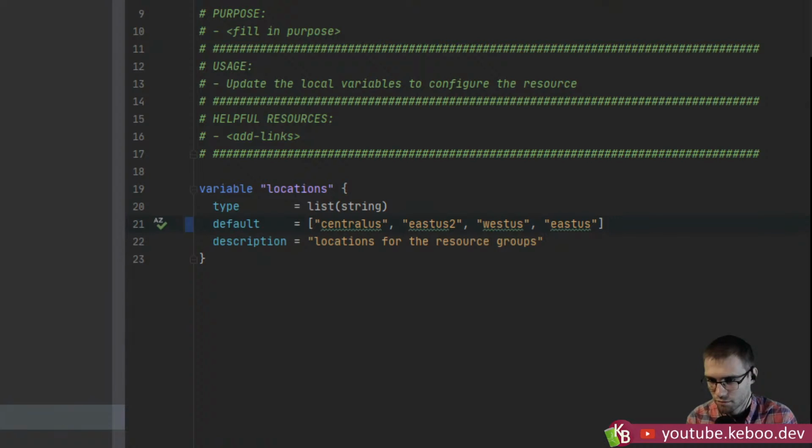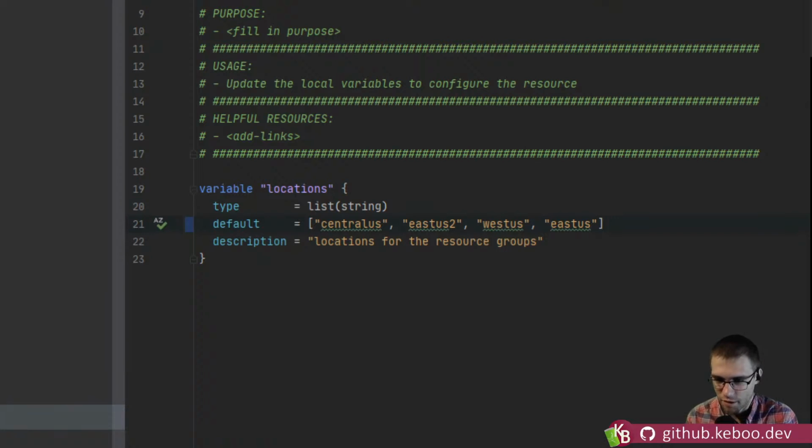So what's different now is list string instead of string. In Terraform there's three fundamental types. You've got individual scalar values, usually denoted as string. You've got arrays or lists, a collection of things.